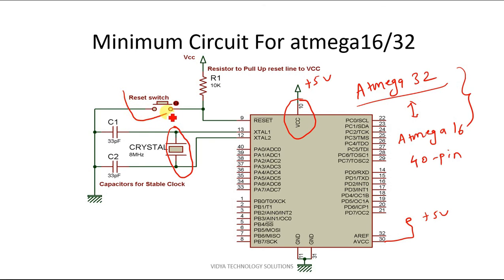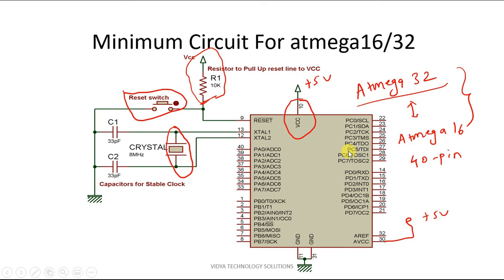Additionally, a reset switch can be connected. The reset on Atmega32 is active low reset. What it means is, when you provide the ground potential to Atmega32, it will get reset. So there is an external pull-up resistor connected here, which is optional. It is not necessary. And if you simply don't connect this circuit above it or inside this box, it's still okay. Just connect a switch from the pin to ground and you're good to go. So if you create this much circuit, then your project can run by downloading the code into the IC.